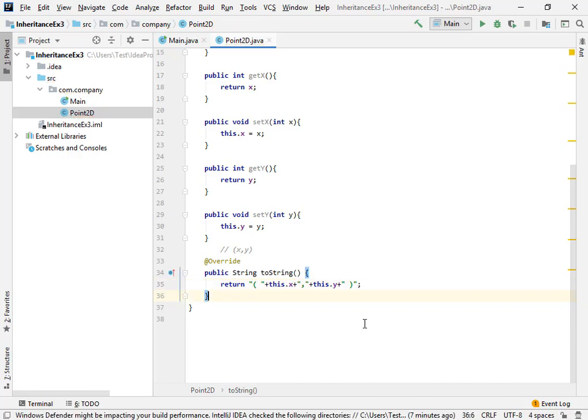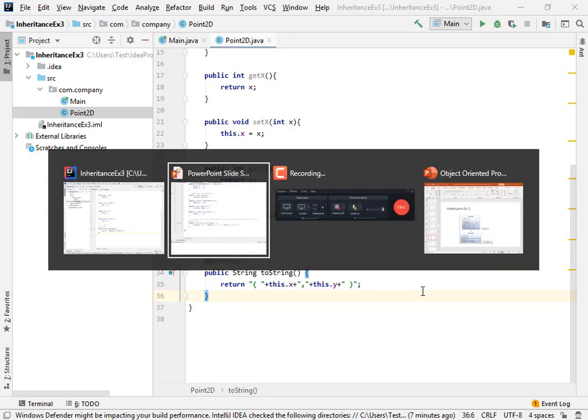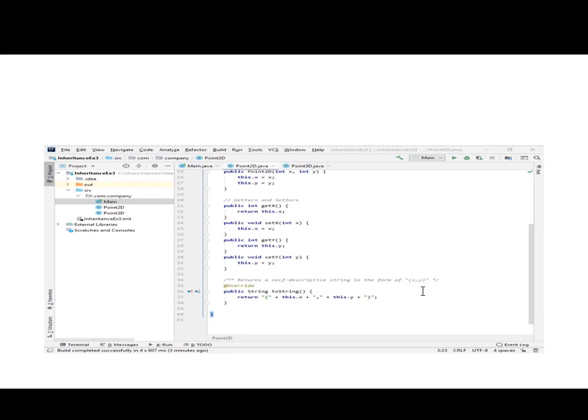Okay, so in this way we're gonna get the output in this particular form. So it contains the value of x, a bracket, comma, value of y, and then this closing bracket. So now we have this base class completed.